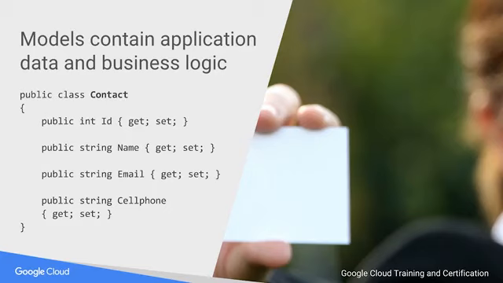Each contact will have its own name, email address, and cell phone number. Of course, in a more full-featured application, the contact would have many more characteristics, but then it wouldn't fit on a single slide. In addition, our contact has a numeric ID. We'll make use of Microsoft Entity Framework to simplify integration with Microsoft SQL Server. The ID will be used to enable us to map each contact object to a record in a database table.